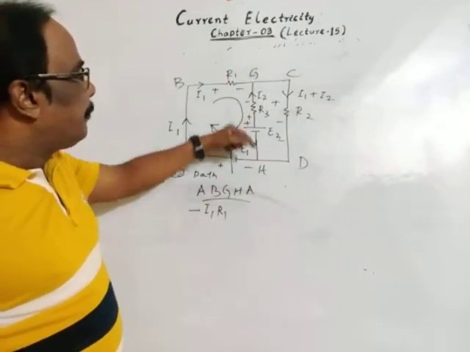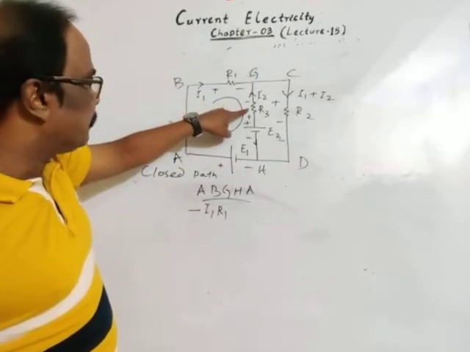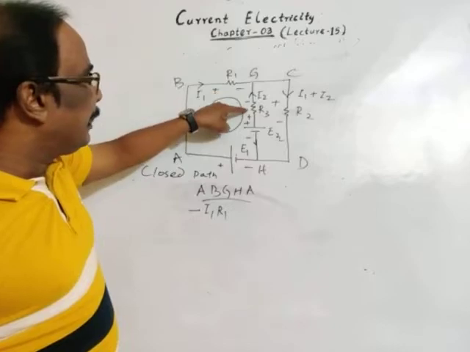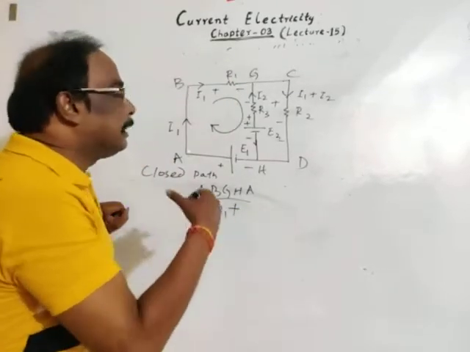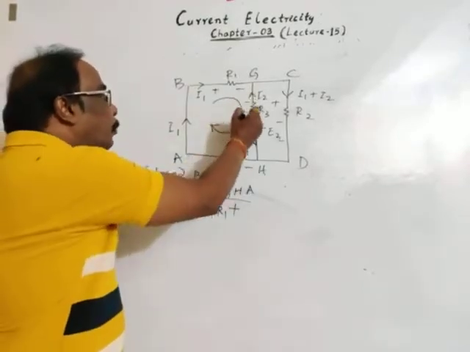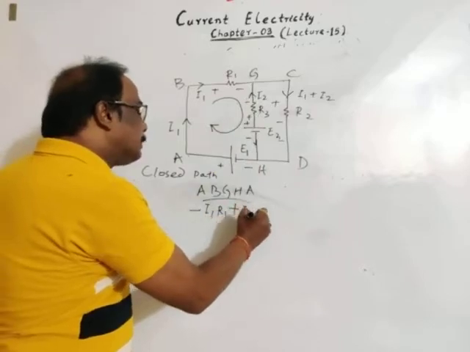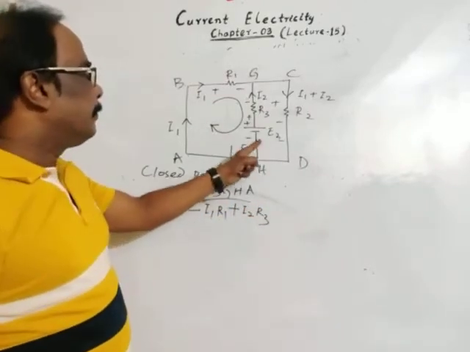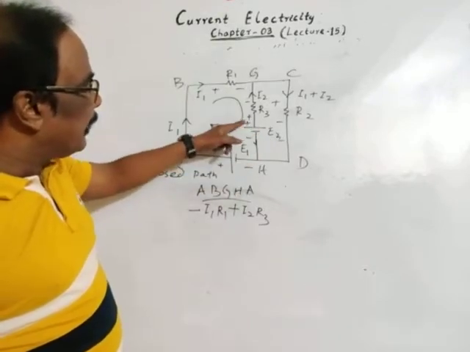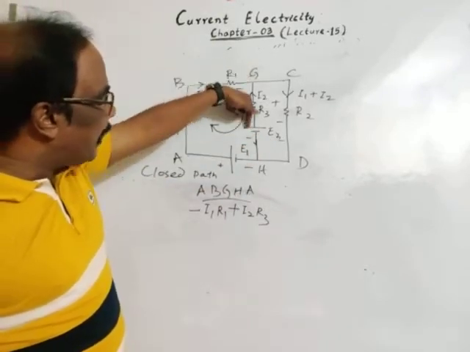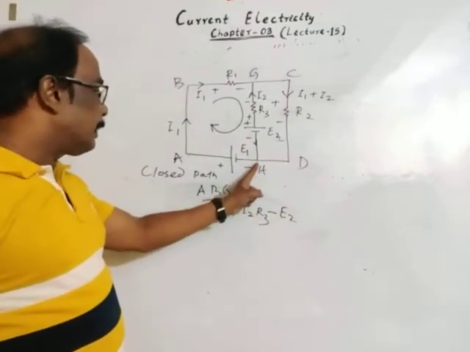H. See, if our path is from G to H, then to overcome this resistance, we are traveling from negative to positive, means from low potential to high potential, means there is a gain in potential, from G to H, negative to positive. So current is I2, resistance is R. Then the cell from G to H, the cell comes there. To overcome the cell, this is positive, this is negative, means from high to low, minus E. We have reached that H.